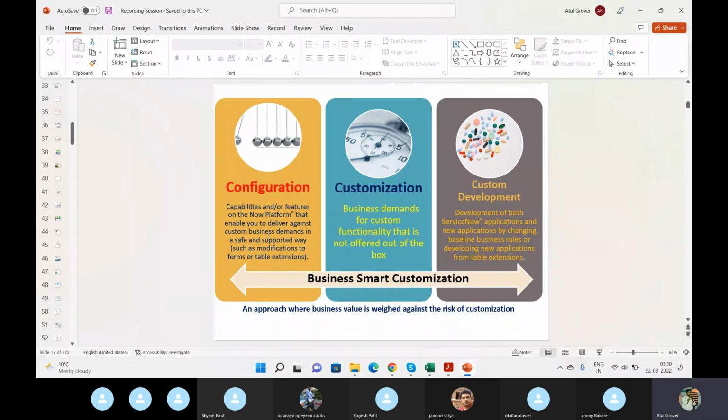Custom business demand means what the business needs. These words are the standard words. I did not write these words. I picked this up from the ServiceNow website only. Okay, so in short, to understand,